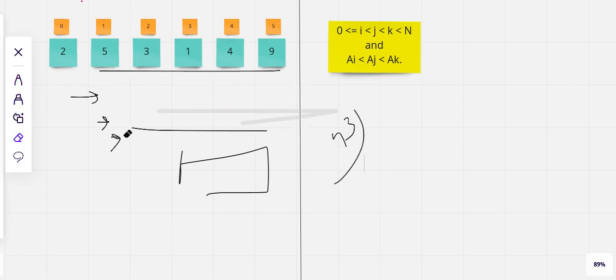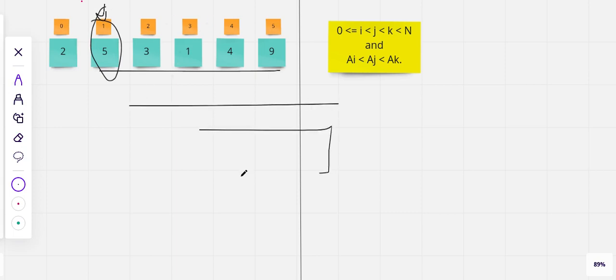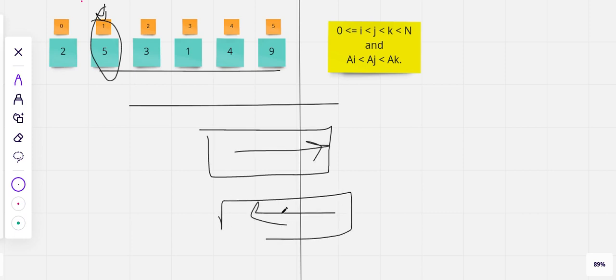So let's try to be a little smarter. Can we reduce the time complexity? What if we start by picking the second element? For each second element which we pick, we do two operations. One is to check on our right and the other is to check on our left for the valid number that we can pick. When we are checking on our right, we can go through each number and pick the maximum valid answer. So for 5 it will be 9, and when we are checking on the left, again we can go through each number and pick the maximum possible number. 2 is lesser than 5, so it's possible to pick 2. 2 will be the answer.